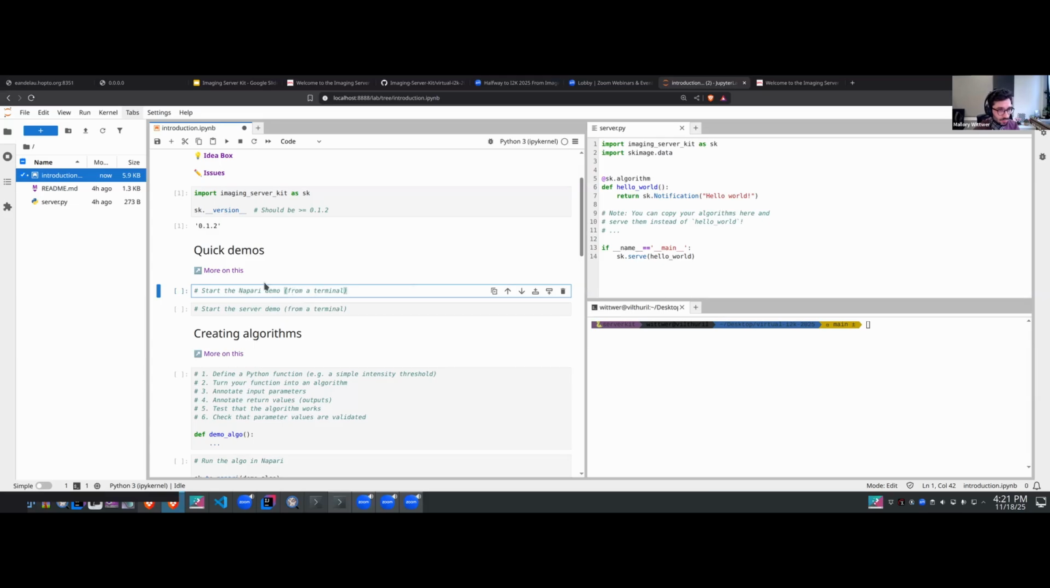So I wanted to show you, we provide a little demo that allows you to test your installation and the basic functionalities of the server kit. This is a command that you have to run from the terminal. The command is server kit. So I will do that now: server kit demo, and then Napari for this first demo. So if I run that,